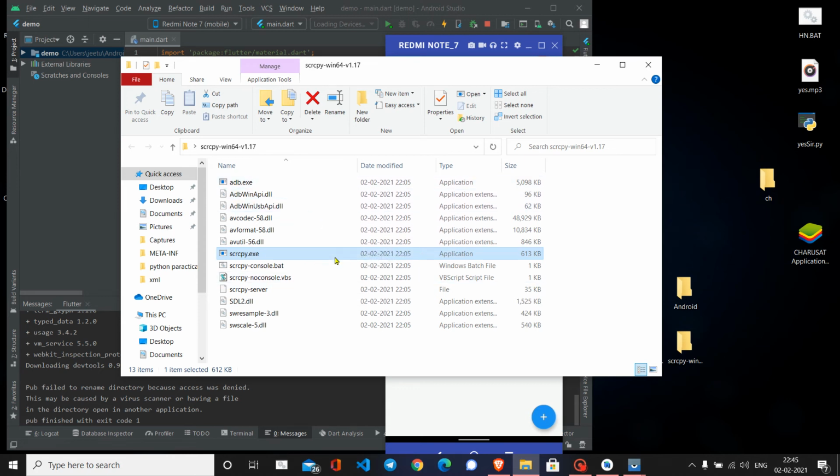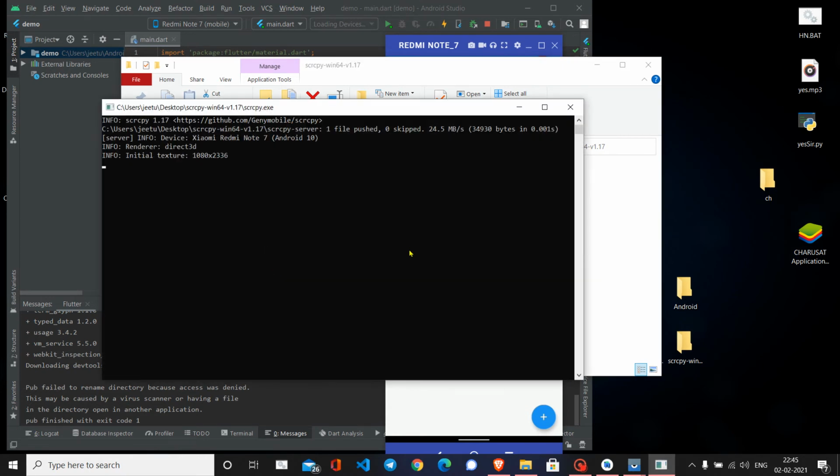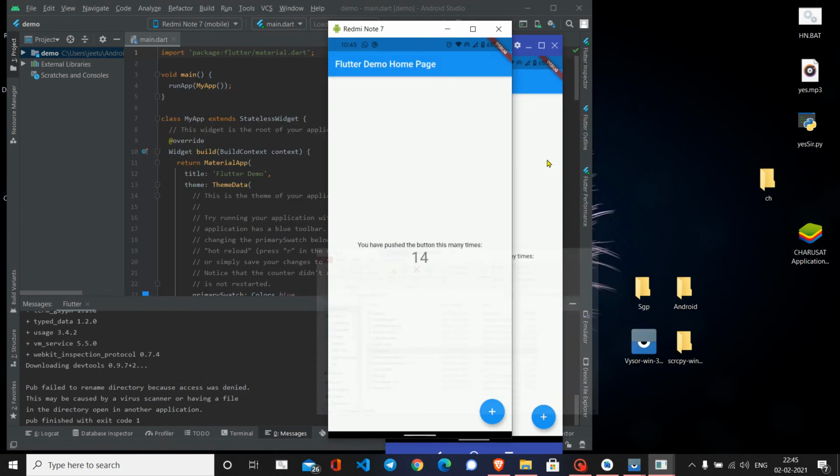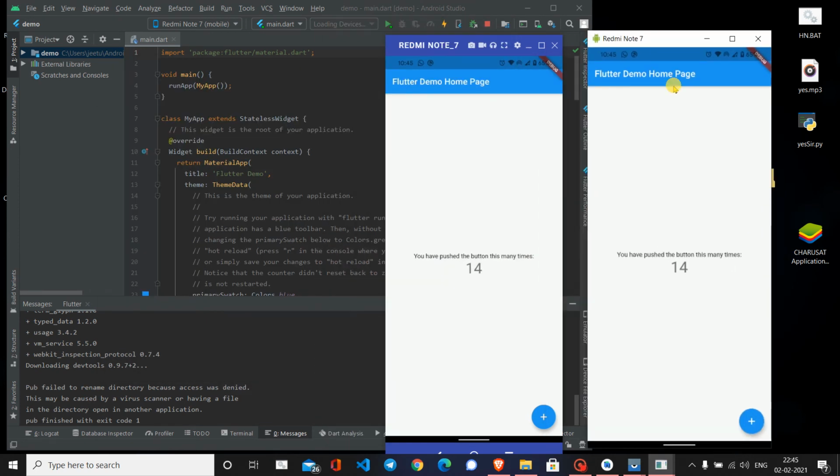So you can directly download the zip file. Then here we have scrcpy.exe, and if I click on it, it also loads my device. So there's no problem. Of course they are the same device, and I can use any one of them, whatever suits you.